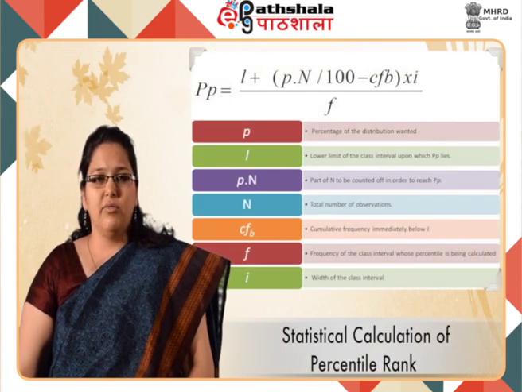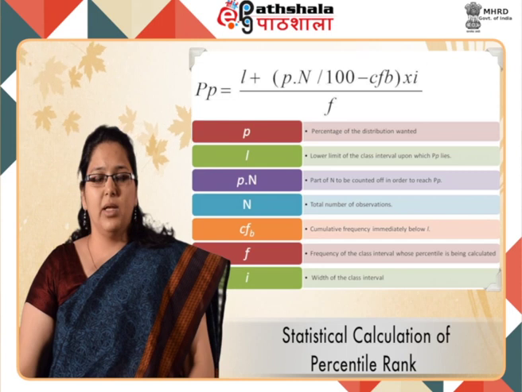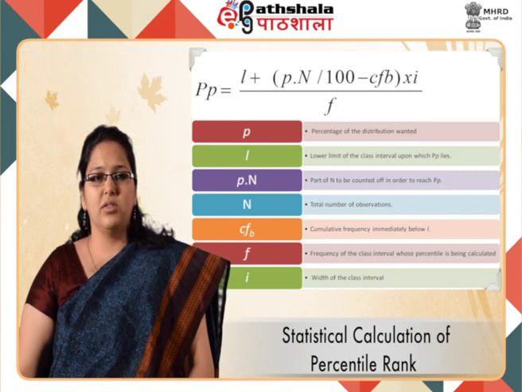Statistical calculation of percentile rank. The method followed to calculate the percentile rank of a score is opposite to that of finding the percentiles. In this, an individual score is taken and the percentage of scores which lies below it is calculated. A table of norms and frequency distribution often provides percentile ranks. In case the percentile ranks are not given in a table, it is possible to calculate them easily from the frequency distribution.